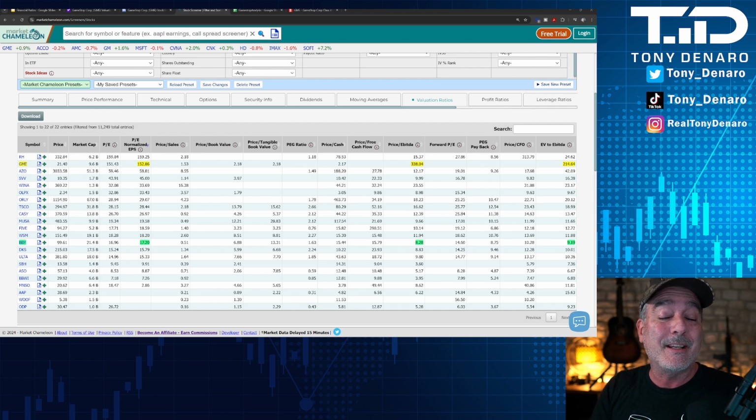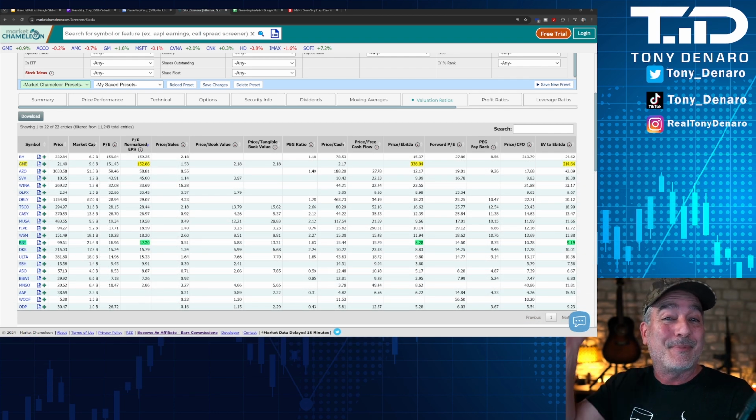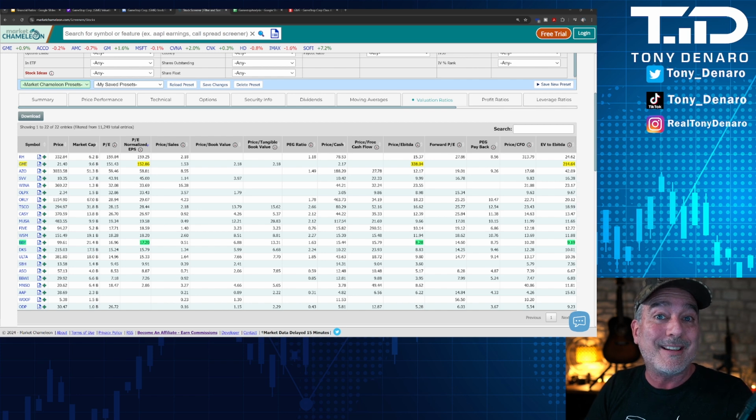I highlighted Best Buy in green just as a random pick, but you should compare GameStop to everything in this list to just get a flavor for what do people mean when they say that the current price is overvalued, because the lack of earnings and the sky high price relative to those earnings for GameStop is what is making these particular ratios so out of whack to GameStop's peers out there in the market. It's not enough to exclaim, guys, we're profitable, if the profits are so meager that it throws all of these ratios out of whack. Your price is going to be pushed down until the ratios make sense.